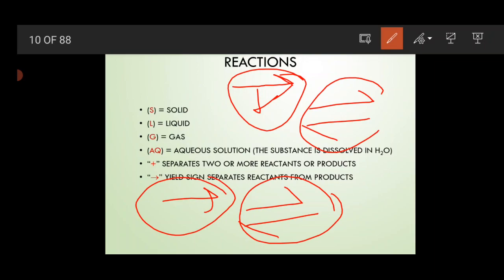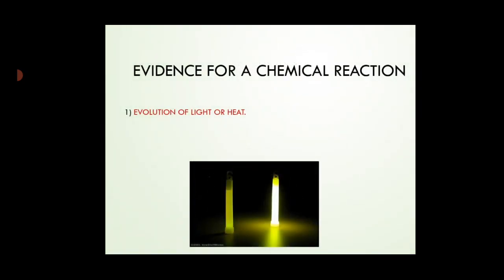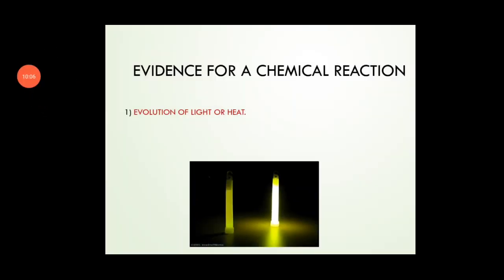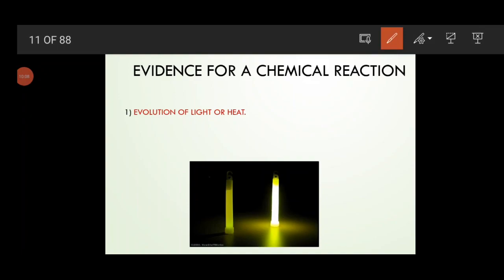And likewise this, by putting small s, small l, small g, we make our chemical equation more informative. Now we will see the evidences of chemical equation, what they are. Basically, in order to observe the change, we will observe the evolution of heat and light. Many chemical reactions are there in which the evolution or absorption of heat is there.